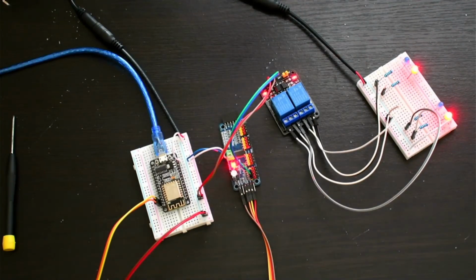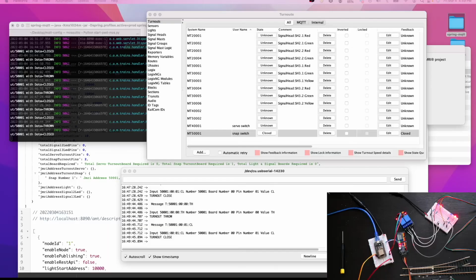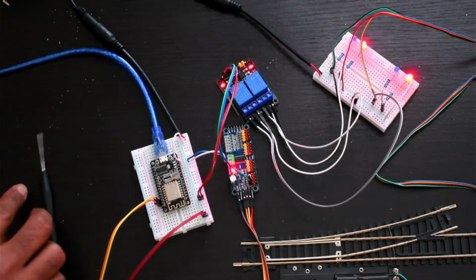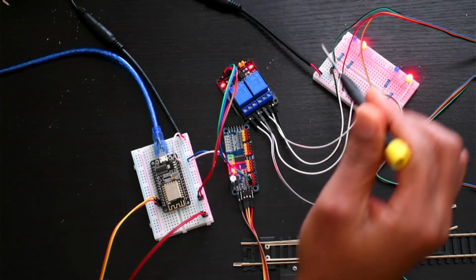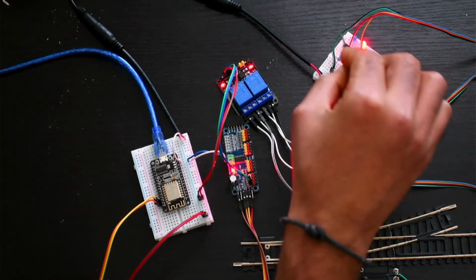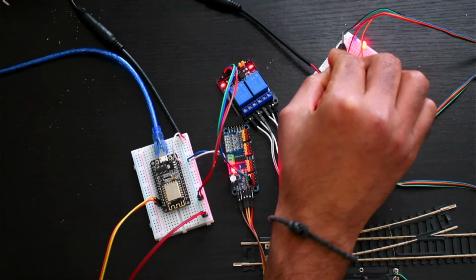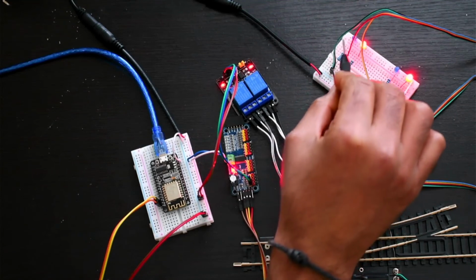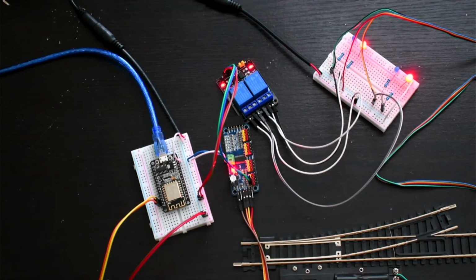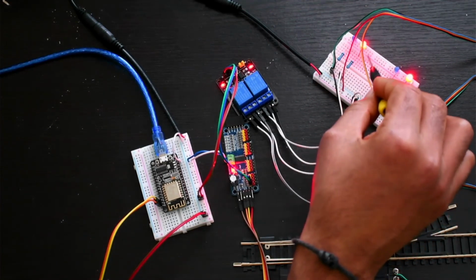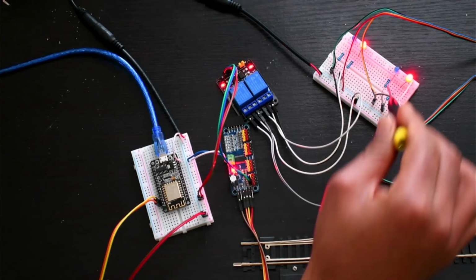Let's connect the turnout and test it properly. Now you can see I have configured the turnout here. In this blue side I have configured the green and black wire. This red one is the common one which will go to the middle, and this yellow and blue is for throw.